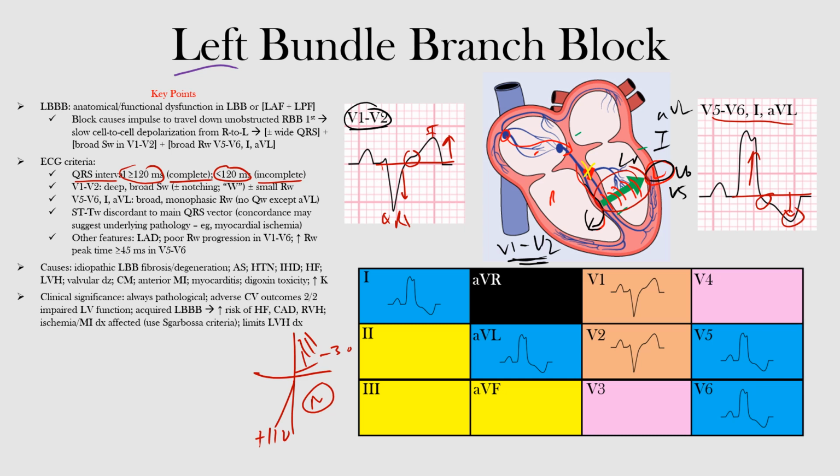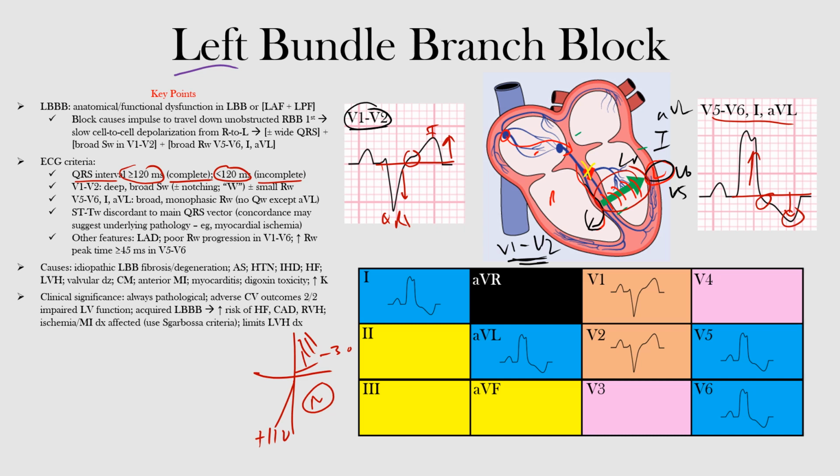As the left ventricle gets bigger, it could stretch these fascicles in the left bundle branch. Valvular heart disease can cause it, cardiomyopathy, anterior MI is one of the causes, myocarditis, digoxin toxicity, as well as hyperkalemia. Now, clinically speaking, left bundle branch block is always considered pathological, which is different from what we saw with